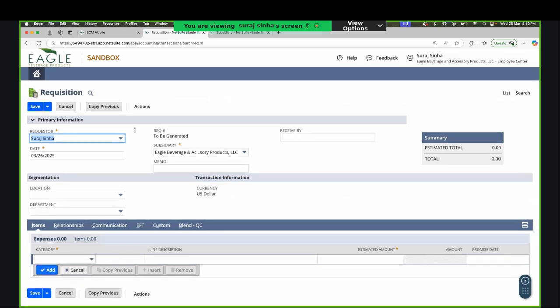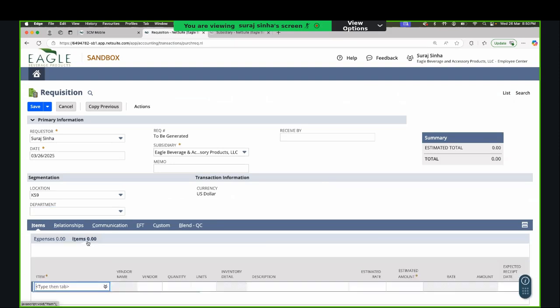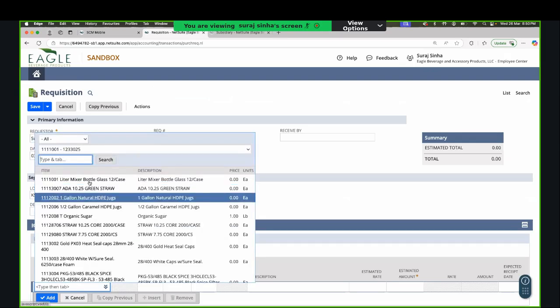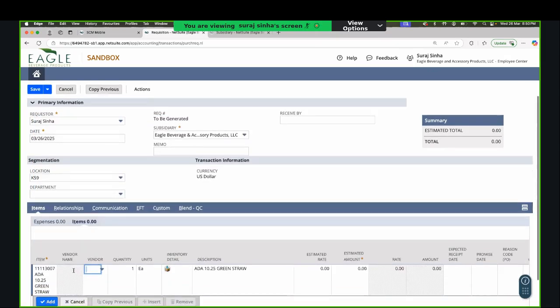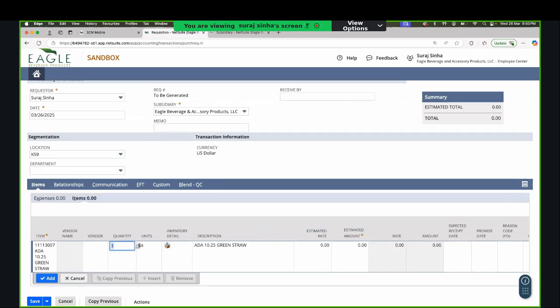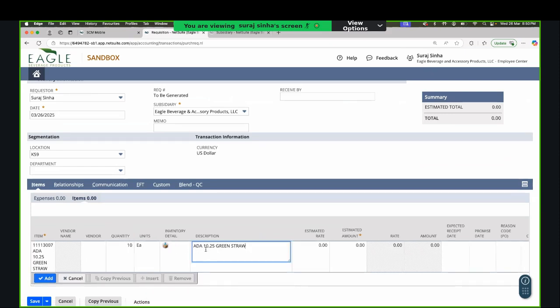By default, the system will provide the information based on my employee record in NetSuite, like subsidiary, requester, and date is today's date. And here I should select one location. Then at the item line level, I can select the item from here. Let me select one. Let's say this. This is the item that I selected. Quantity, let's say for example, 10. Right? Inventory details, descriptions,